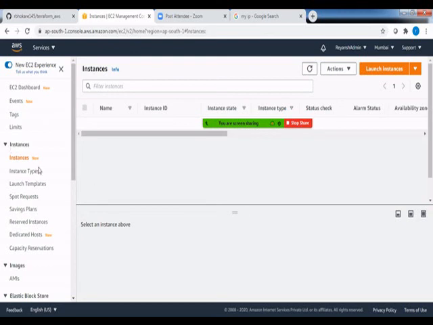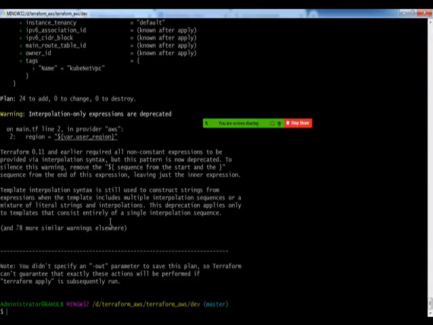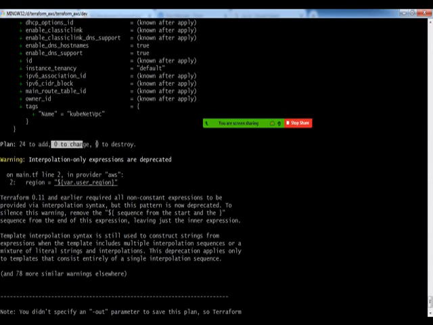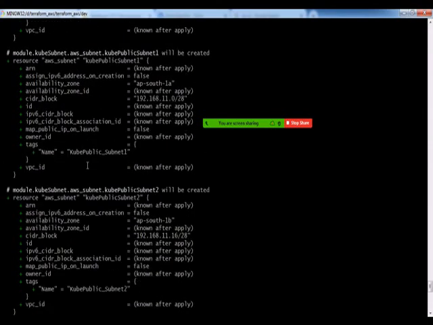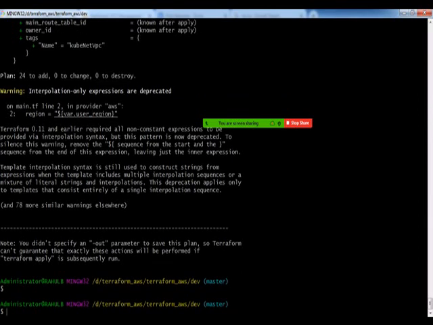It's clear and empty. And it says that 24 resources are going to be added, 0 to change, 0 to destroy. It means that as my account is empty, it's not going to change anything because it's a first time run, and it's going to add something, so there's nothing to be destroyed. All these 24 resources are supposed to be added as part of the next Terraform apply.